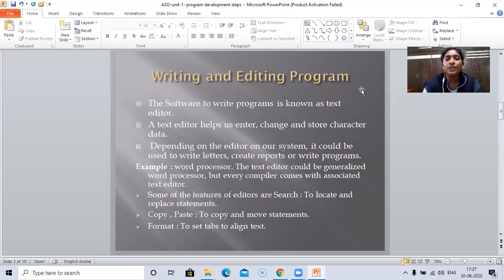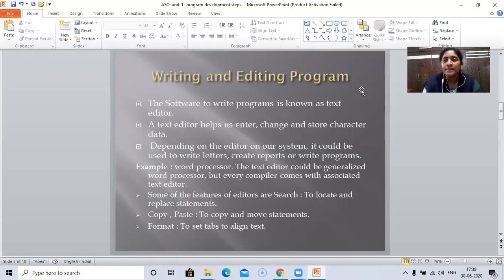So what are the steps? Where do we write the programs is our first concept. The software to write programs is known as a text editor. If we take an example of the MS Suite, in order to write some document, we will open Microsoft Word or Notepad.